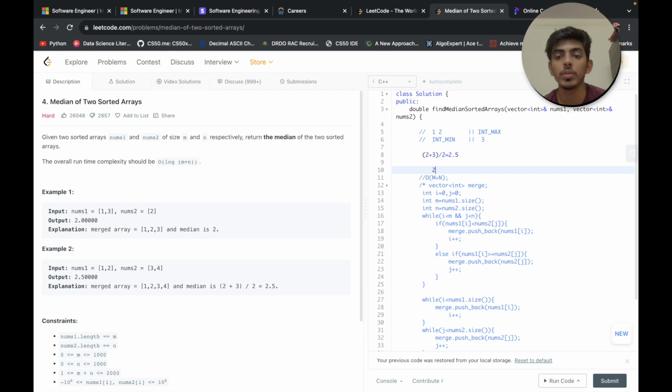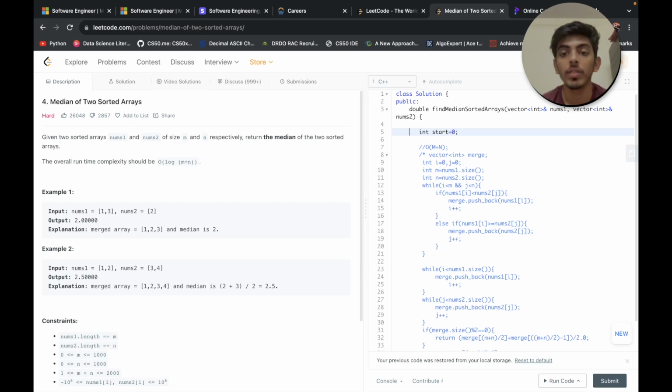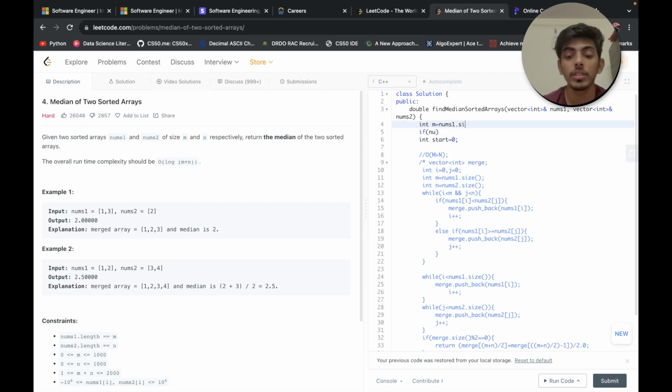So let me code for you. Initially, what we need to do is simply make a start point which is initially 0, and also we need to make sure that the first array is always of smaller size, right? So let me initialize int m equal to nums1 dot size, int n equals nums2 dot size.